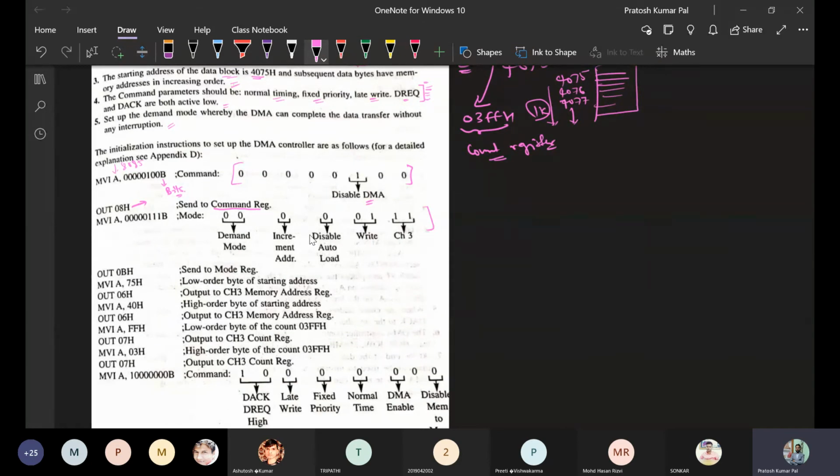Demand mode means we are providing the data to the DMA controller. Basically, it is demanding. So this is how the control words are selected. Once this mode has been selected, that data is 0000 and 0111, that means 07. We can write 07 in hexadecimal, or we can write it in bit format also. That should be moved to the accumulator, and this accumulator will write this data to 0BH. So the 0BH location is given here basically in case of the register. 0BH is the write mode register.